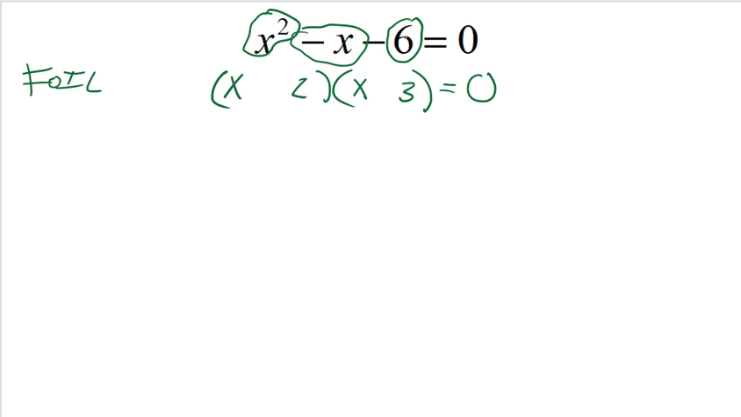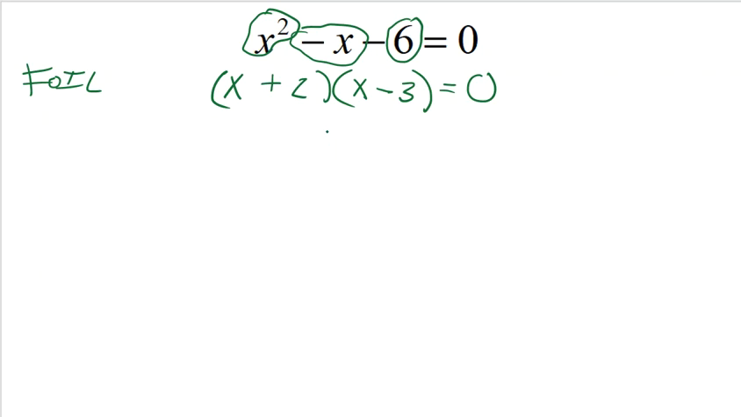2 times 3, I know it's going to get a 6 as long as one of them is negative. But it's the outside, the 3x, and the inside, the 2x, that need to make a -1. So I want the 3 to be negative and the 2 to be positive. That way I get a -3x and a positive 2x, and together they make the -x in the middle. And again,